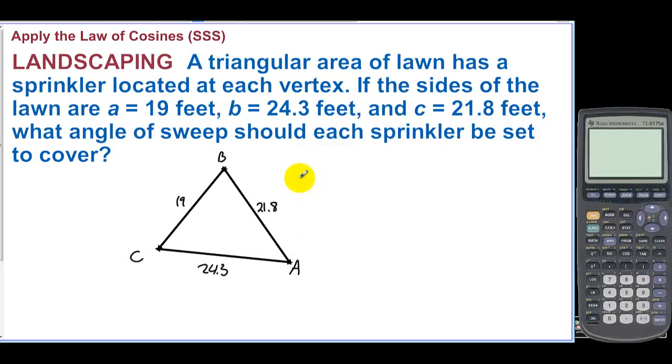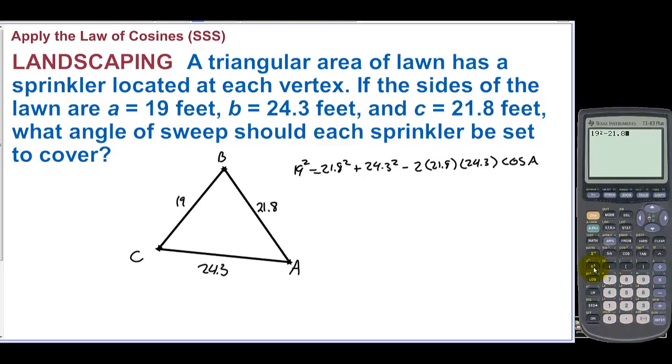Maybe we pick angle A. We have 19 squared is equal to 21.8 squared plus 24.3 squared minus 2 times 21.8 times 24.3 and then cosine of angle A. On our calculator, we're going to do 19 squared,